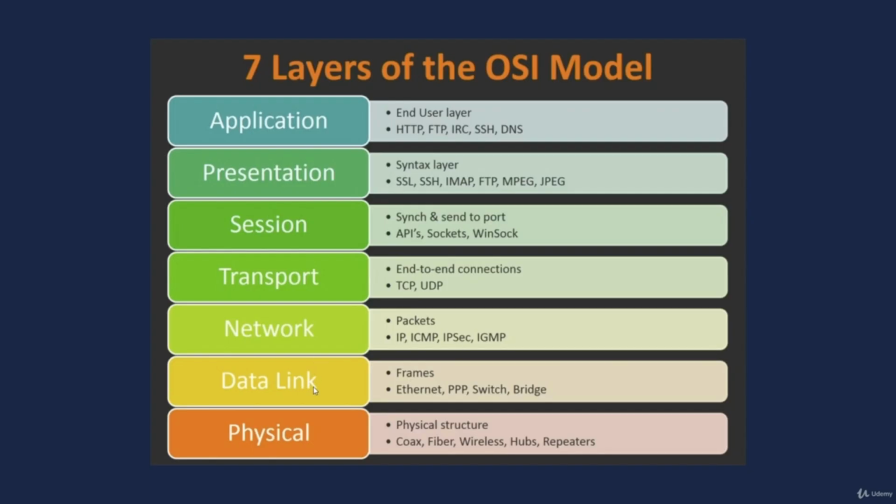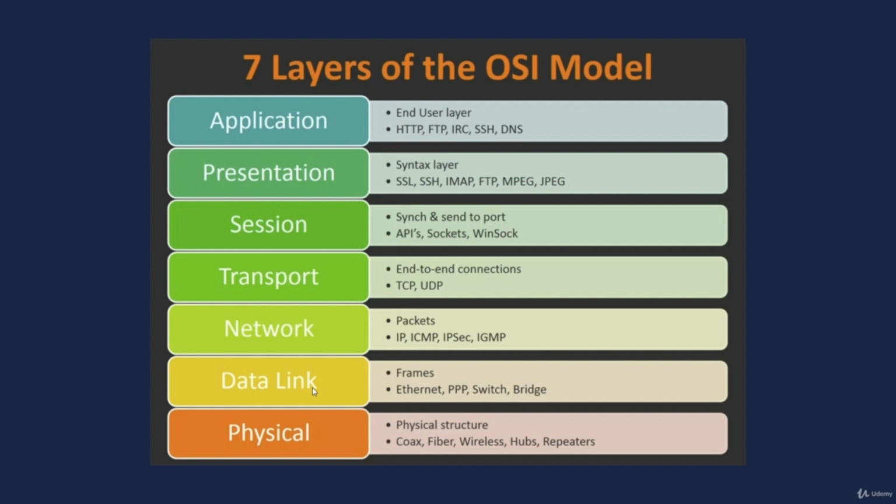You then move on to the data link layer, right? So the data link layer is where things start getting interesting. This is where you're dealing with your physical addressing, like your MAC addresses. And you can see we're now dealing, instead of with bits, with Ethernet frames, right? So we're primarily talking about Ethernet, and the transfer of data is in the form of frames. So you have your switches, bridges, and you're dealing with MAC addresses. So you're really just dealing with physical addressing of devices on the network. So, when you connect computers onto a network, the data link layer is where you're dealing with your MAC addresses